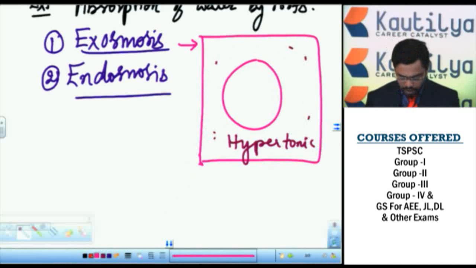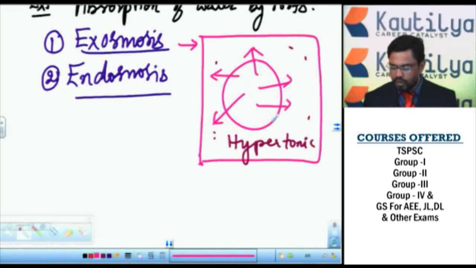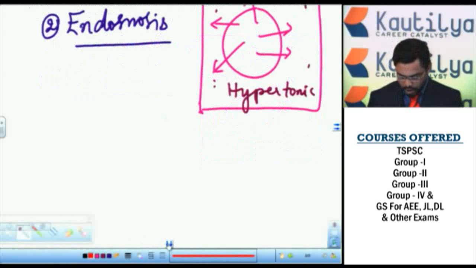So the cell sap comes out from the cell through the plasma membrane. This movement of cell sap from lower concentration to higher concentration is called exosmosis. That means when the cell is kept under hypertonic solution, the cell sap moves out of the cell. So this is called exosmosis. And endosmosis. Here endosmosis means